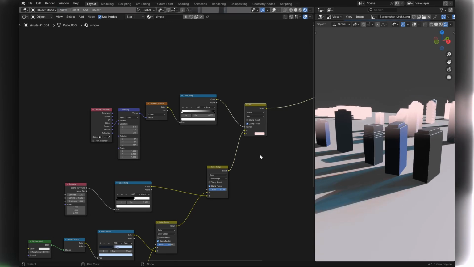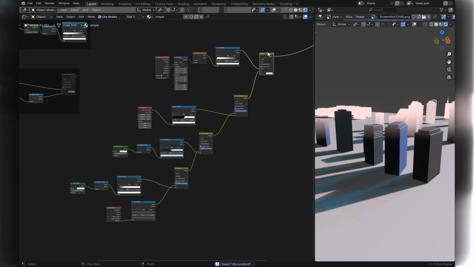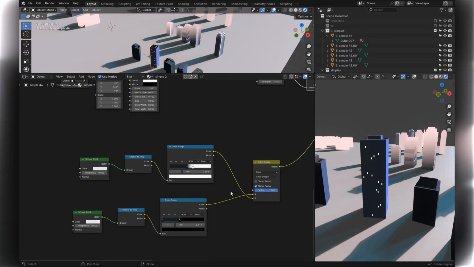My scene is sunset, so I'll keep it pink. That is the crux of our shader. Everything here is just a variant of this little node tree. For example, on this simple building, I swapped the random object info for a solid color through a diffuse shader